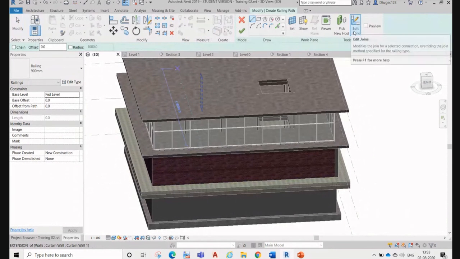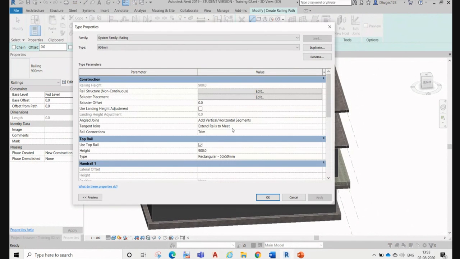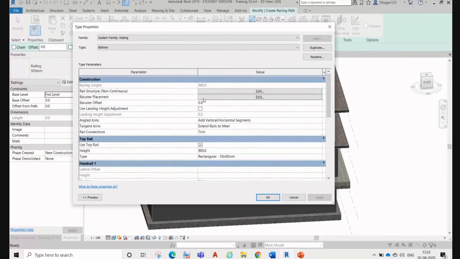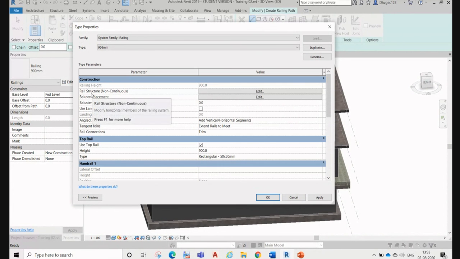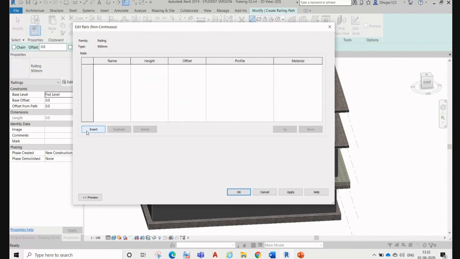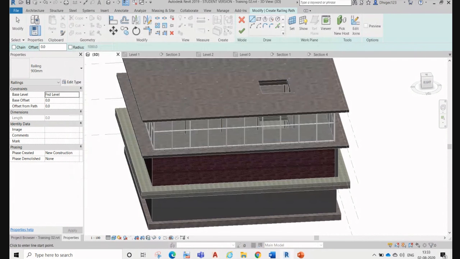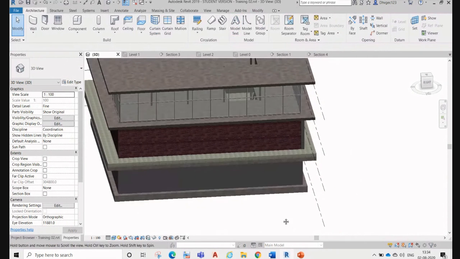Okay, load. Structural railing. Oh, we did not define anything over here. Rail structure, no. Okay, so we don't have a proper family for that one. So that's why it's not visible.